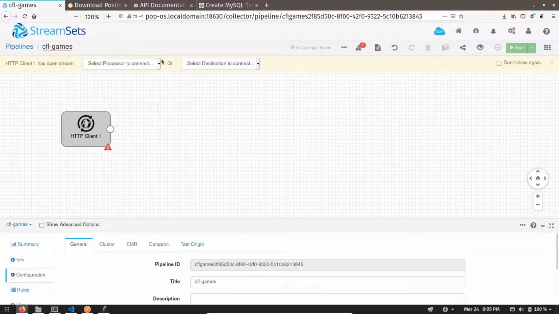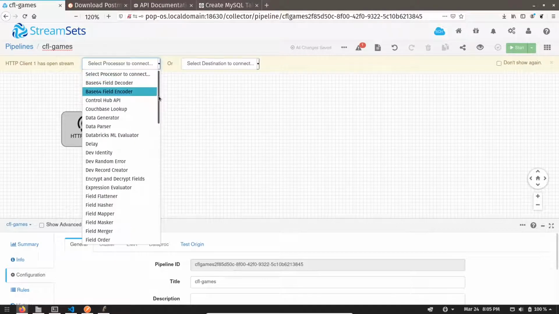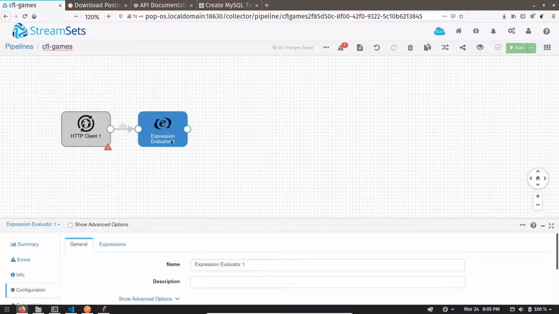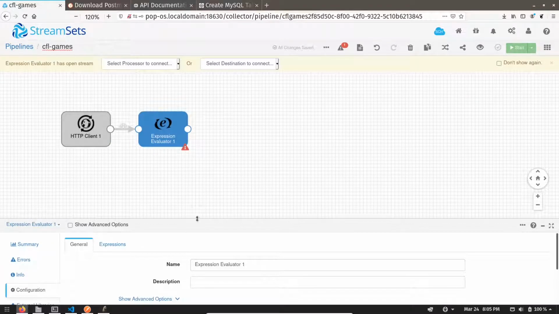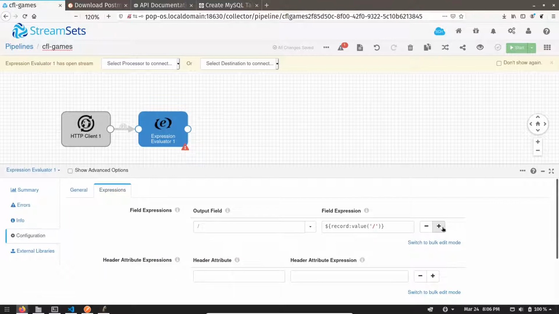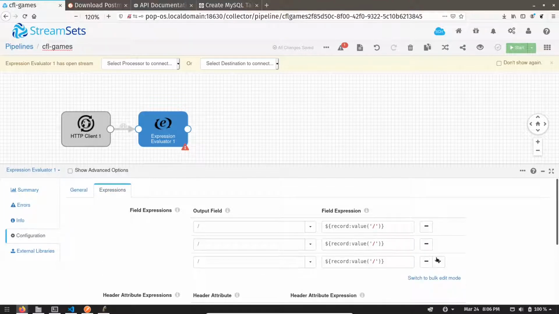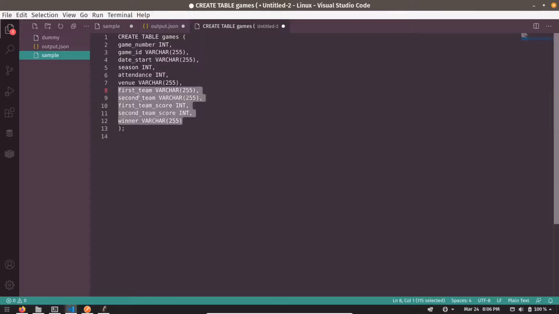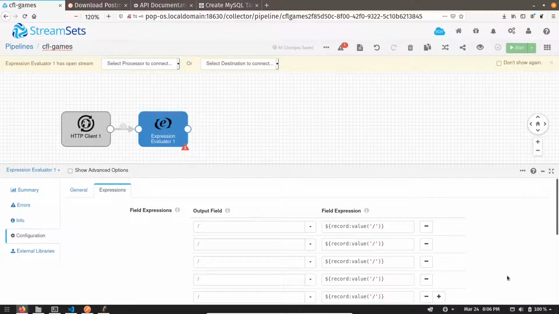So go to the, select the expression evaluator. The expression we are going to create, three and two, five calculated columns.